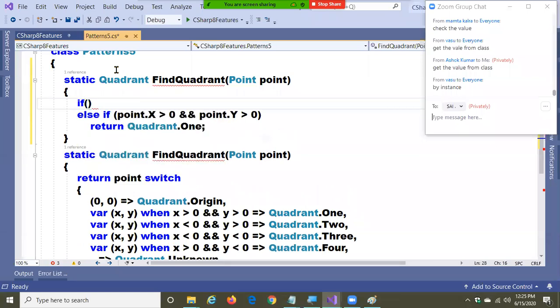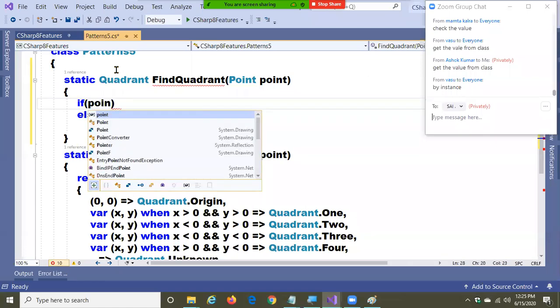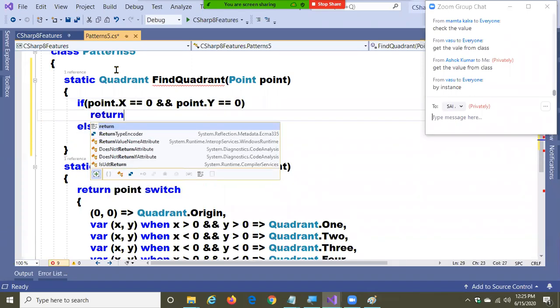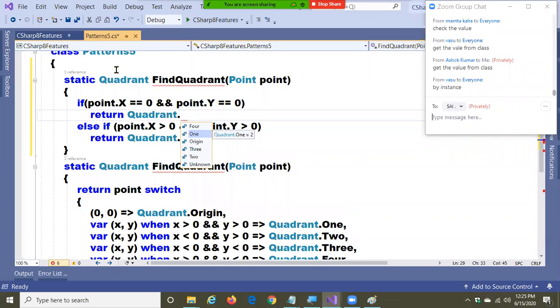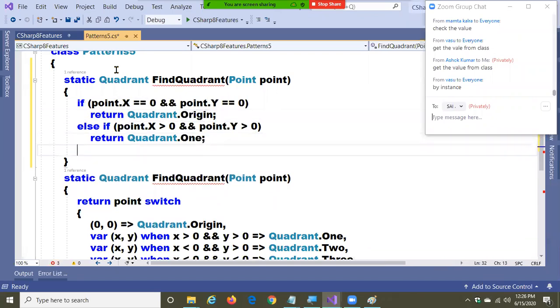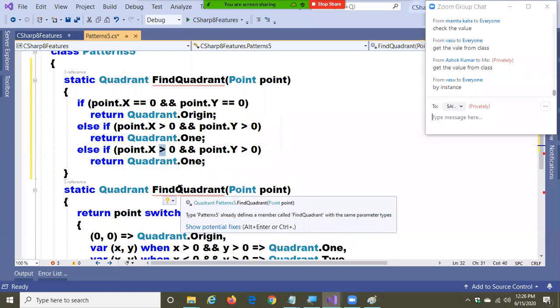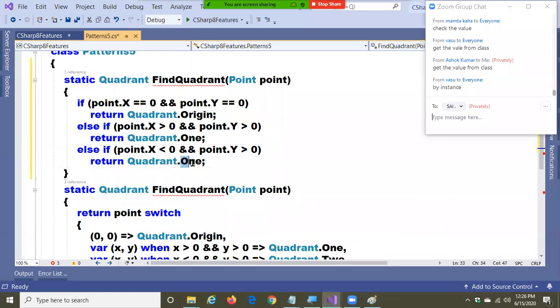If point.x is equal to 0 and point.y is equal to 0, return Quadrant.Origin. Next, x less than 0, y greater than 0, Quadrant.2.